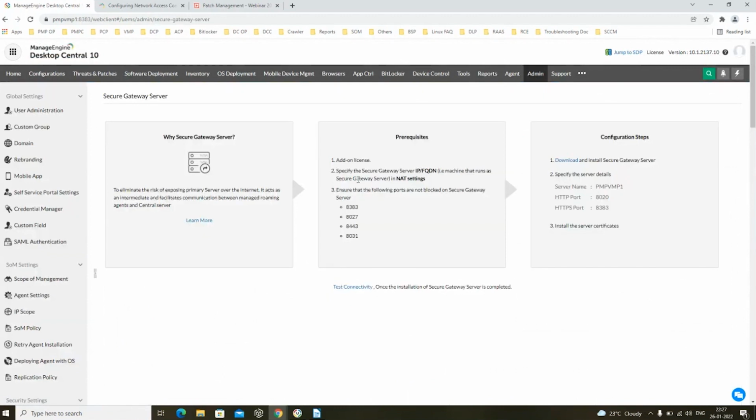Now you can install the Secure Gateway Server component, so you will be allocating a dedicated machine. Once the Secure Gateway Server is installed, the roaming machines will be communicating with the public FQDN that you have configured. This will ensure the roaming machines are posting every piece of information to the Desktop Central server. So this will allow Desktop Central to cater to the needs of roaming users through the Secure Gateway component.